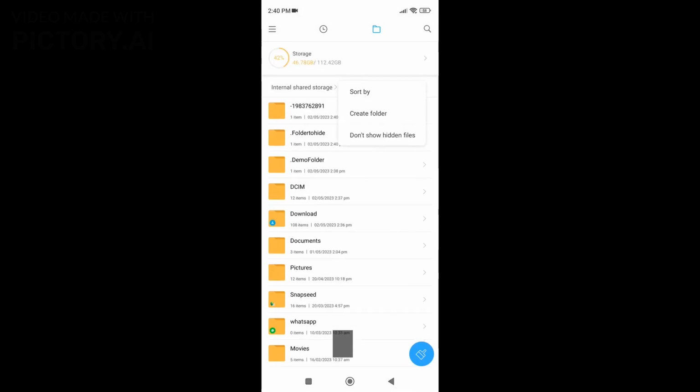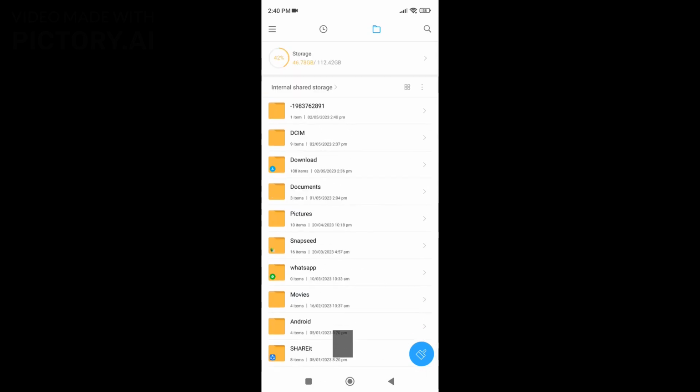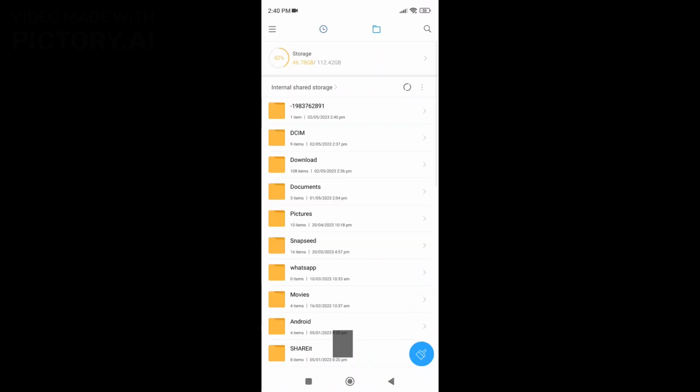To hide it, select the Don't Show Hidden Files option from the three dots in the top right corner, and the folder will vanish once more. Now close the file manager and reopen it to find that our folder is no longer available in the list